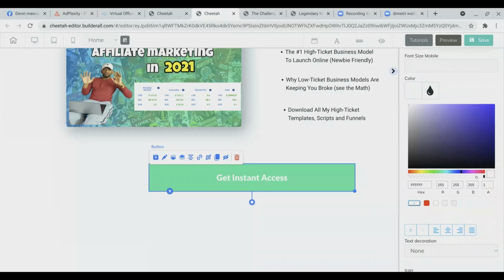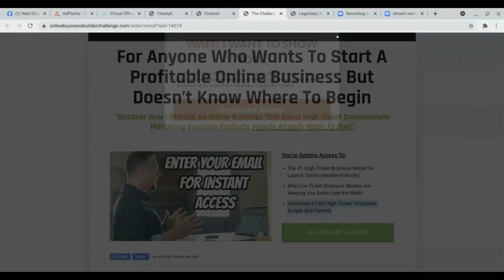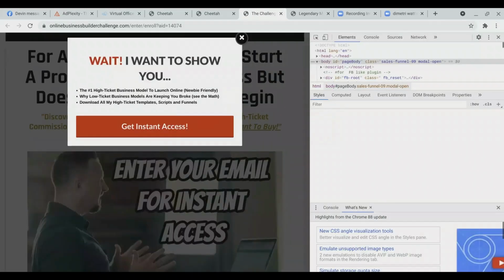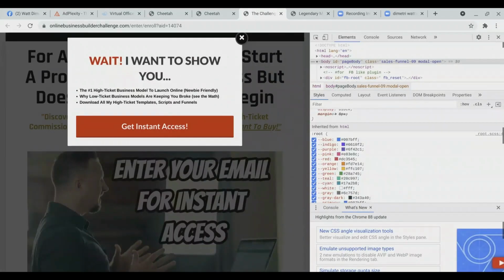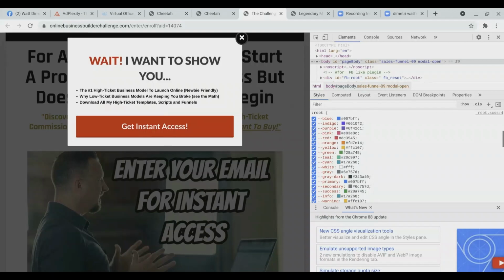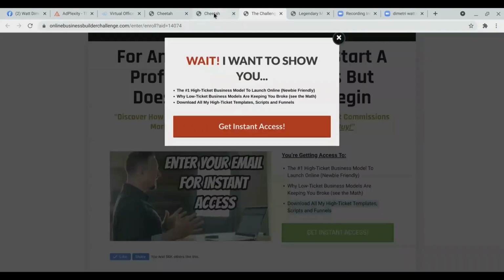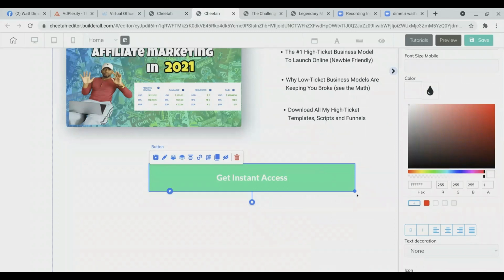So we have to change the color right here and move this over to white. Now that we have that done, we have to know the green that they're using. To figure that out, all you need to do is the same thing I did last time, which was inspect the page. We go to the developer tools, scroll down and look for that green. Yeah, this is the green that they're using. And all we need to do right here is copy. All right, so Control C, X out of that, X out of that,